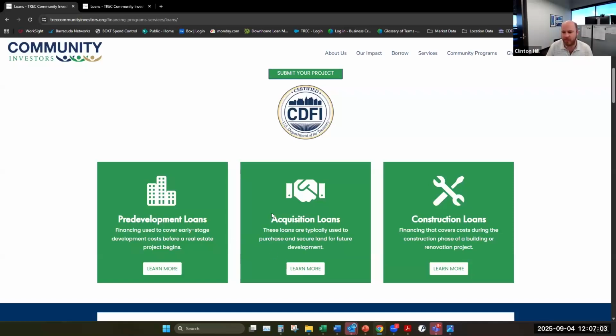But just as I'm going through the categories, I think really our acquisition loans are the second key piece. In many ways it's similar to pre-development insofar as it really helps to have us involved early in the process. If you're looking to acquire land and need some loans to help supplement an equity position on that, then we're happy to help there too.